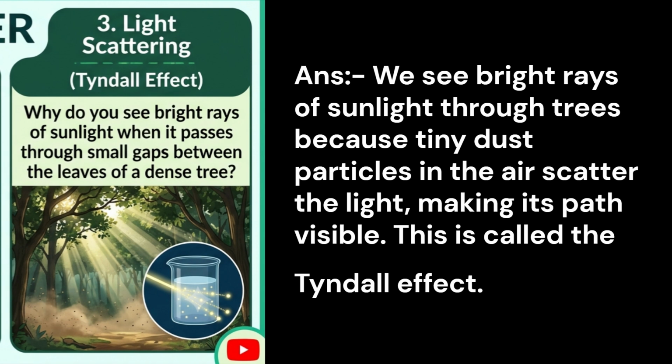Let's take an example, air. Air normally looks transparent, so we cannot see the path of light passing through it. However, air contains tiny dust particles like smoke particles and water droplets. So, when a beam of sunlight enters a room through a window, these tiny particles present in the air scatter the light. As a result, the path of the sunlight becomes visible to us. And this scattering of light by tiny particles present in the air is basically called the Tyndall effect.